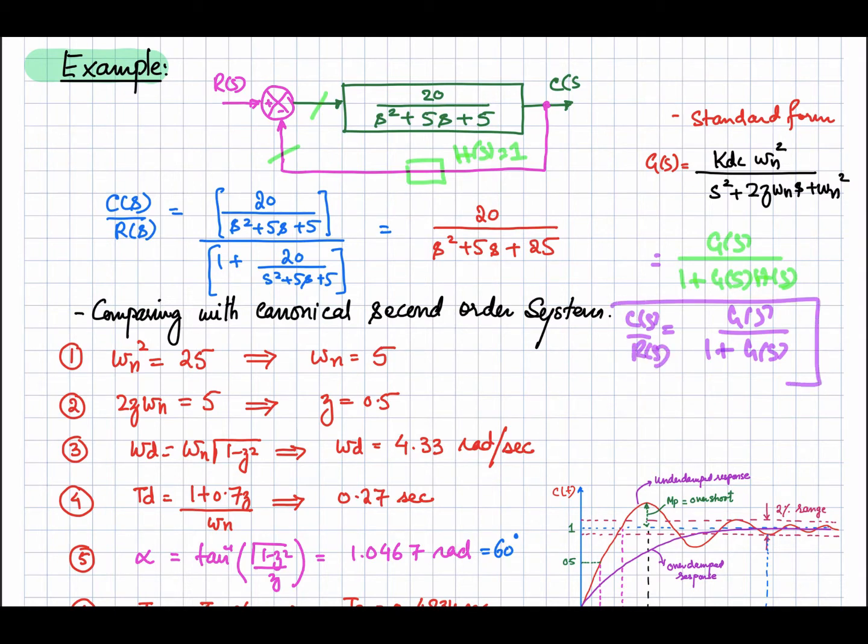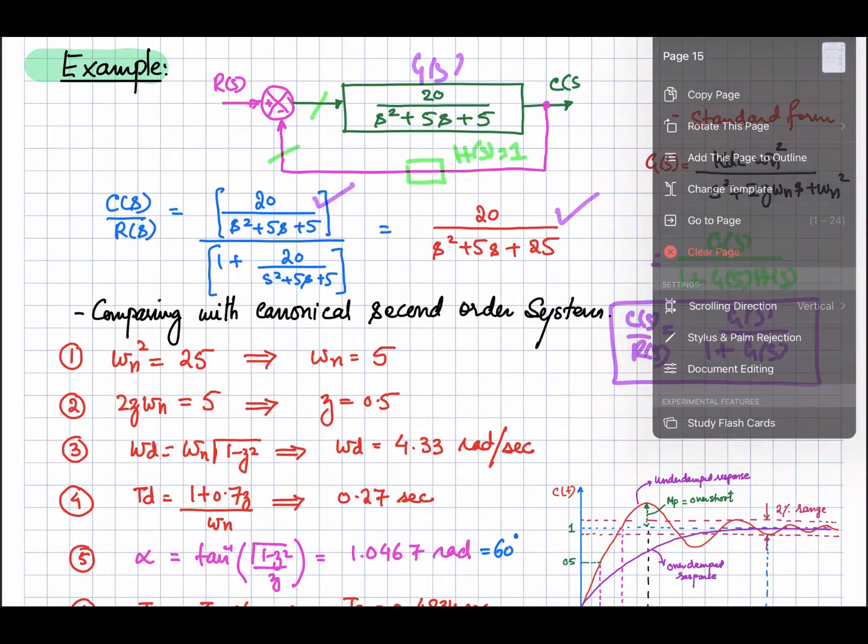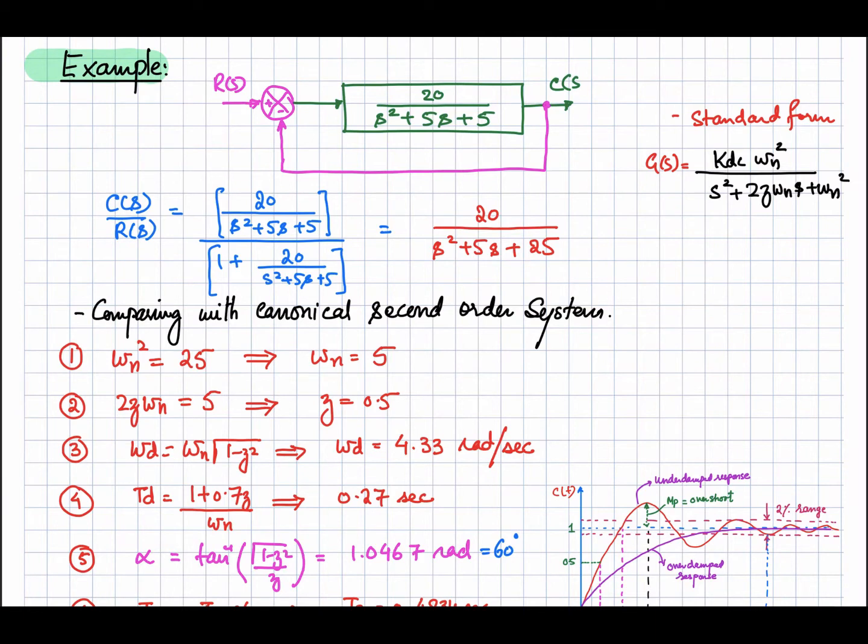So this is the transfer function of the closed loop. Using this equation, this is G of S, and divided by 1 plus G of S, so we will get the closed loop transfer function. So this is given by this equation. Okay, so now we can compare this transfer function with our standard second order transfer function. So G of S is given as omega n square divided by S square plus 2 zeta omega n S plus omega n square.